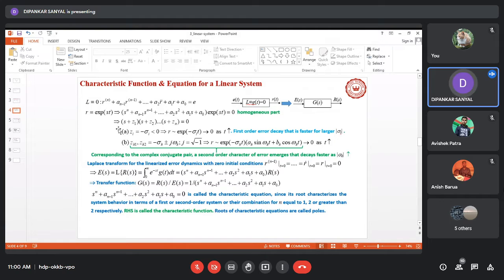So in this way, whatever be the order of this equation, basically we can consider it to be composed of a number of first order parts and a number of second order parts. So that's why the first order equation and second order equation are fundamental in nature